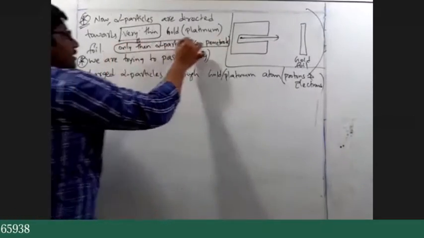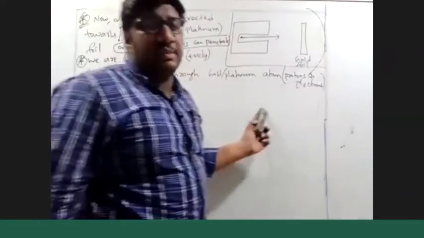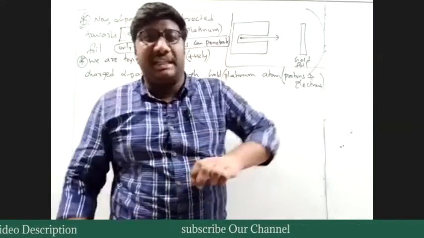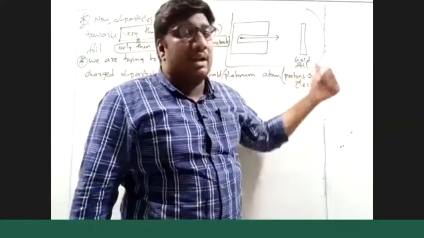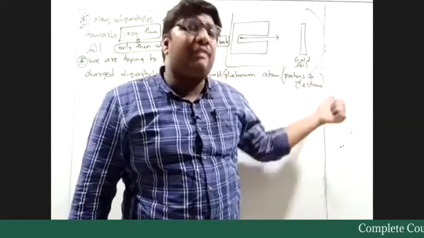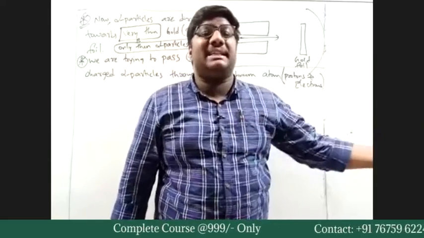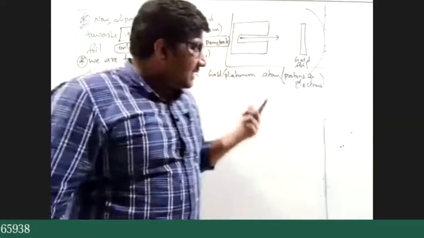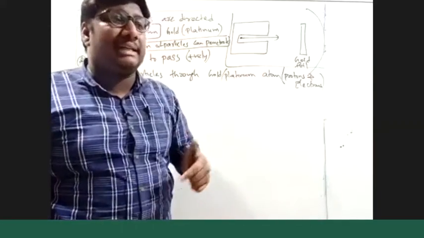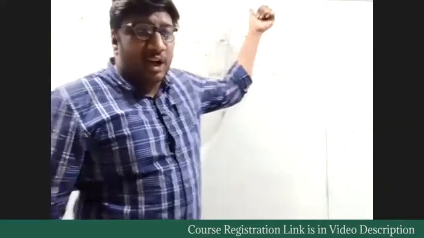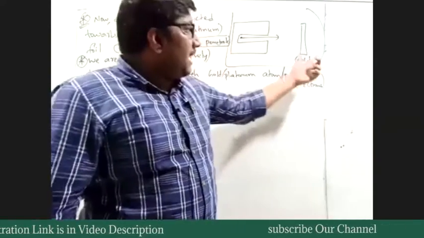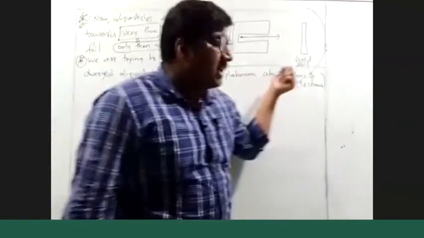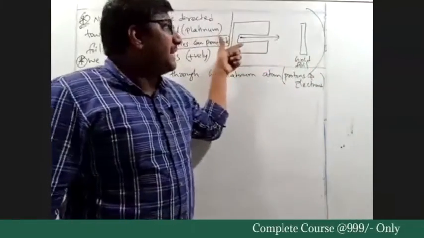Okay, you write the statement. The initial source is made of a material of high density, so the alpha particles do not penetrate through that material. But through the gold foil or platinum foil, whatever you choose, the alpha particle should penetrate, and then we need to analyze the picture of the atom. Are you getting this or not? The initial source we made of lead so that the alpha particle will not penetrate that material. After that, we made it pass through a very thin foil. Why? Because if it is thin, then only the alpha particle can penetrate.